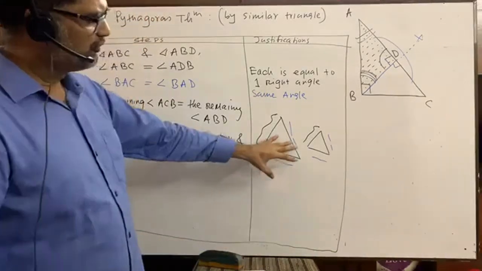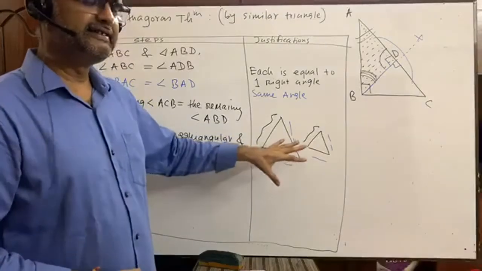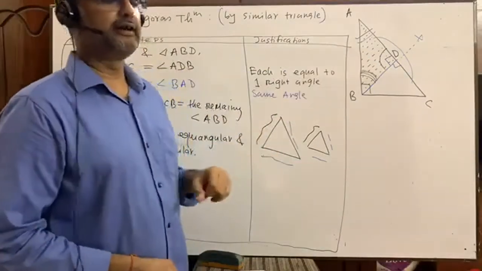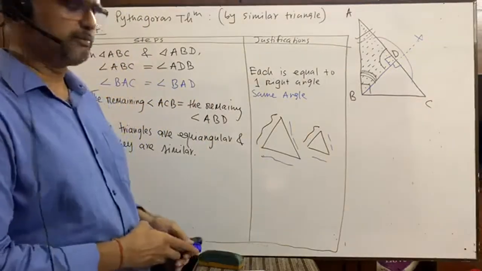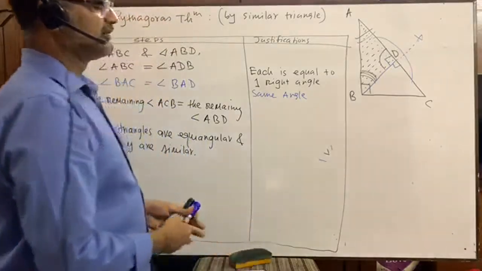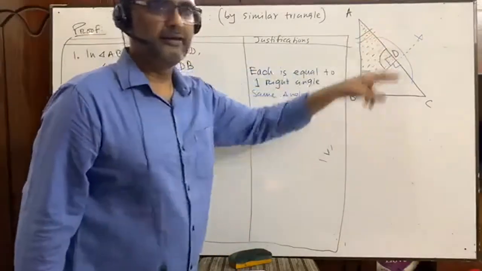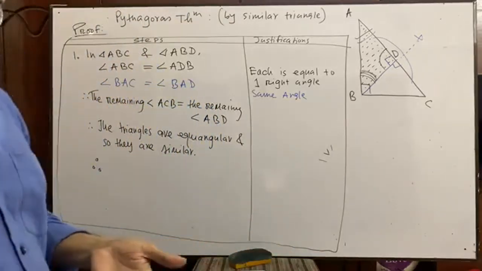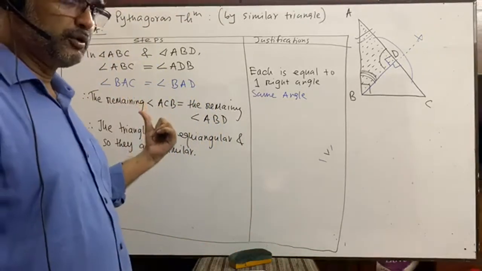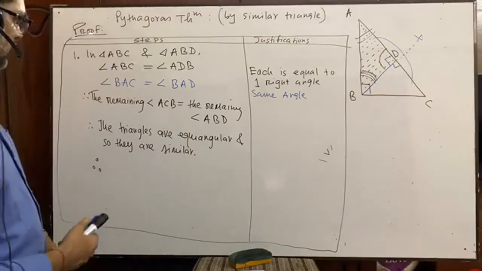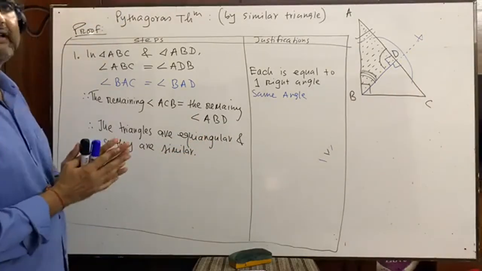In these two figures, it is really very easy to determine the corresponding sides, but in this figure it becomes very tough. Can you tell me what is the corresponding side of AD? I cannot tell. Perhaps you can, but please look at the board. I am trying to make you understand. How to find the corresponding sides?